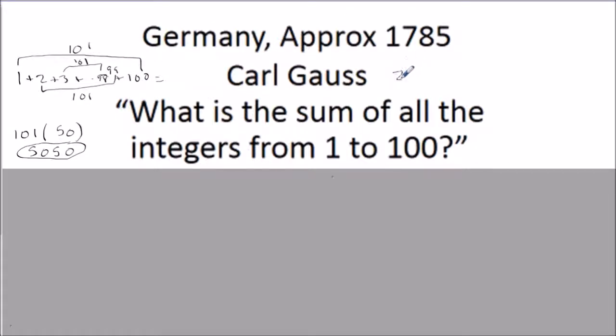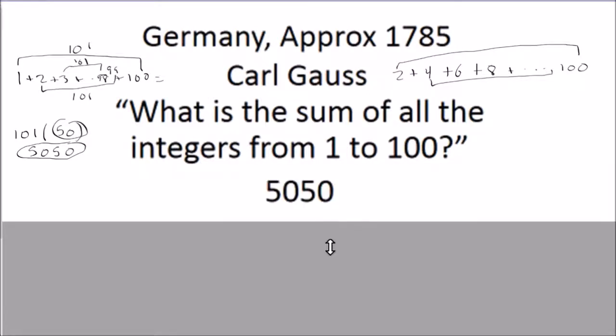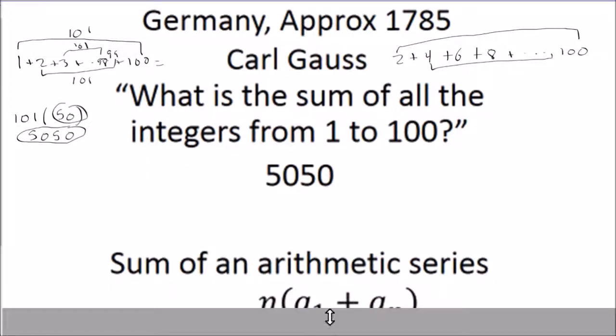If it was just the even numbers, 2 plus 4 plus 6 plus 8 plus all the way up to 100, you could still apply the same logic. You could pair the biggest and the smallest, and you could pair the next two, and you just realize that instead of there being 50 pairs, this sequence would only have 25 pairs because half the numbers are missing, okay? So what that comes down to then is a nifty little formula,